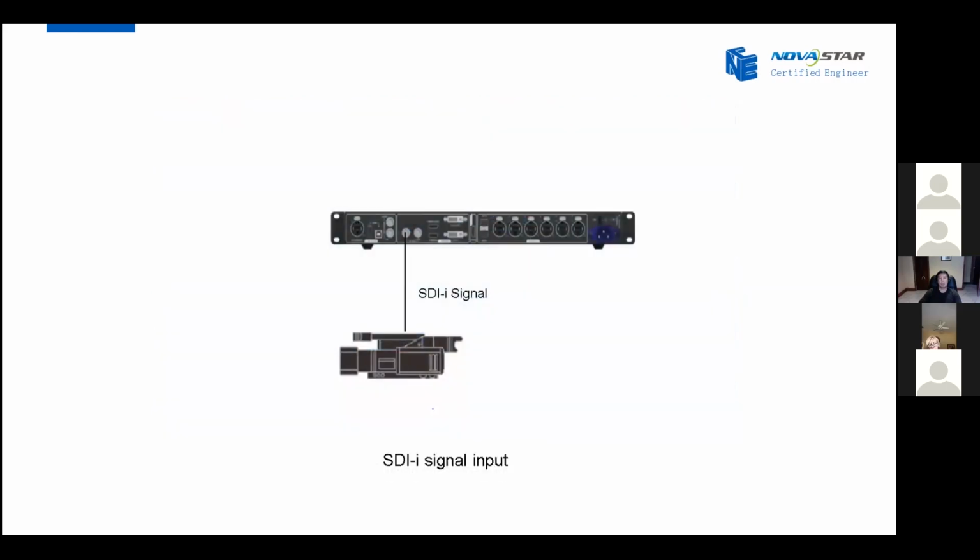And the third one is about the source. We cannot use the SDI interlace signal, because when the sending card receives an interlace signal, the first thing it needs to do is de-interlacing. De-interlacing is an operation that takes some time to do the video source merge and process. So that makes low latency, or real-time image output, impossible.